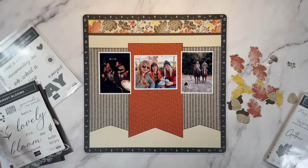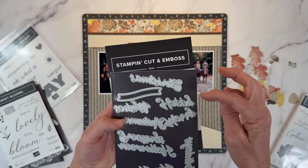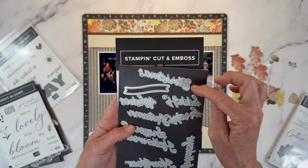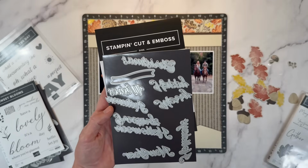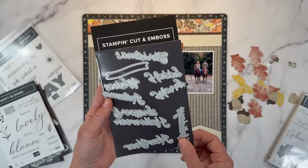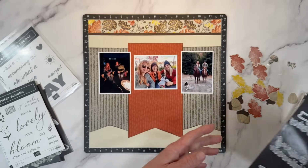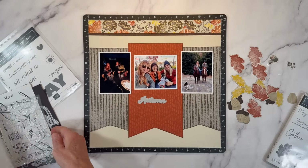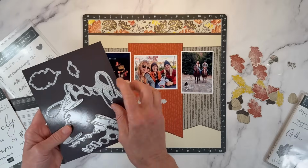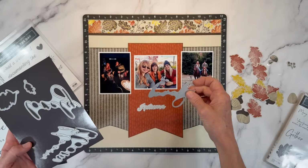And for the word autumn, I have these dies. They are called words for the season, and you've got seasonal dies on here. So there's Christmas wishes or autumn wishes. We've got Halloween, there's New Year's, just lots of great seasonal dies on here. So I'm thinking autumn and the word lovely. So let's go ahead and grab that. This one's fun too because you can stamp it and die cut it. If you just want to die cut it and not stamp it,